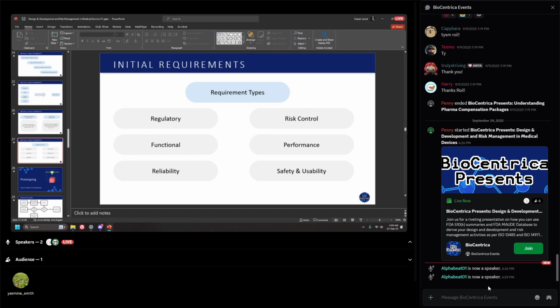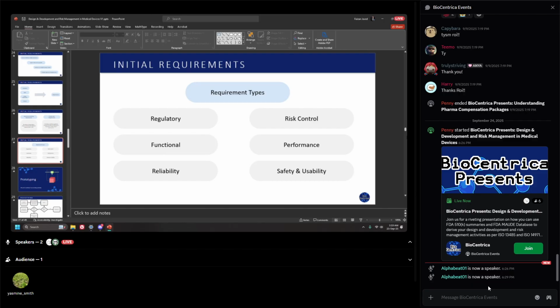So if a customer or patient is coming from the competitor's devices, your device should be similar, so he doesn't have a huge learning curve in using your device. Because at the end of the day,